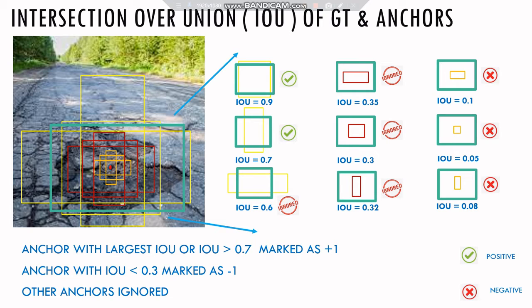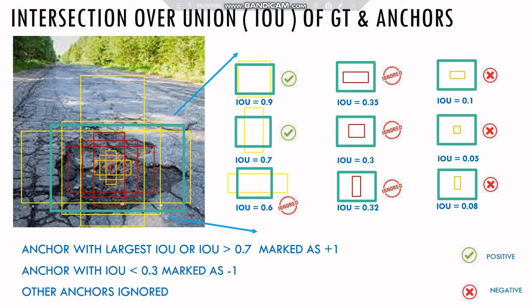The technique which was used to reduce the number of proposed regions, so as to speed up the whole implementation timeline, was called the intersection of union. Let's look at intersection of union here. Now, in this image, you have all those 9 different anchor boxes which we talked about in the previous